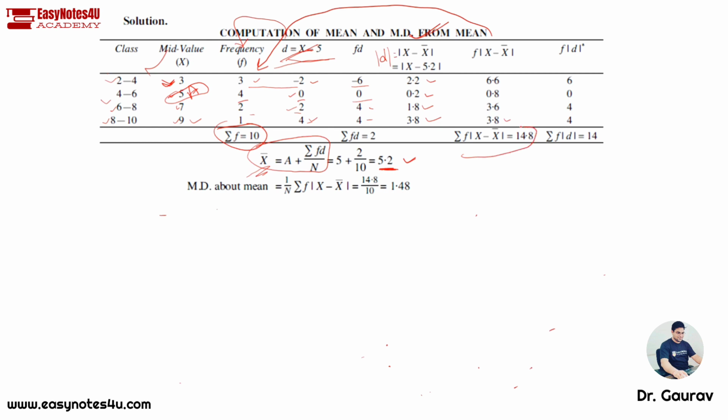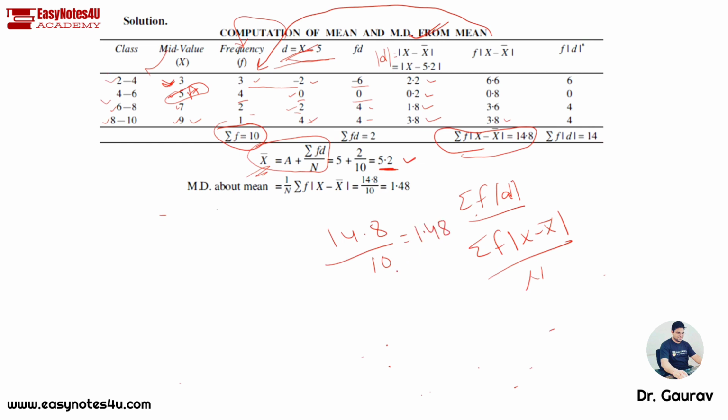Then we use the formula summation f. You can write like that, or you can write summation f x minus x bar divided by n. So the summation of f times x minus x bar value is the 14.8 divided by total number of observations 10. It will be